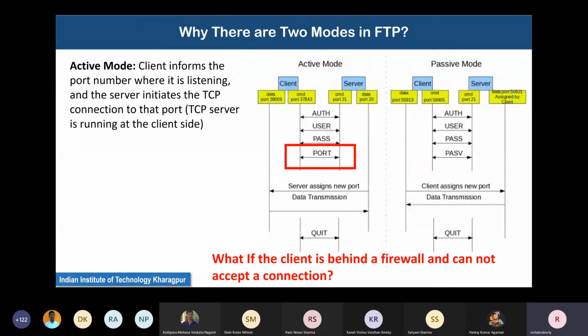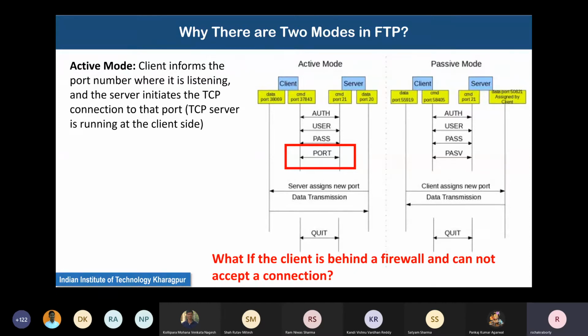And what is the passive mode? An arrow has not been shown here, but what basically happens is that when the passive command happens, if the server willingly accepts the passive mode of working for the client (the server might not accept it), then it replies back to the client saying, I will support your passive mode of operation and you now initiate a connection to a particular port number that I will tell you, to initiate the data connection.